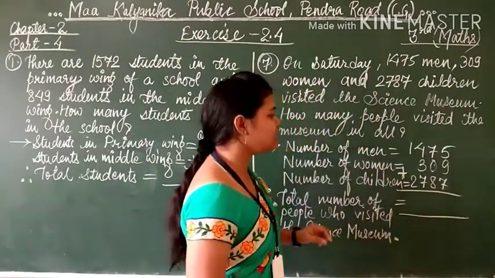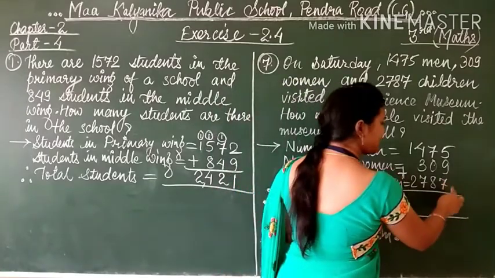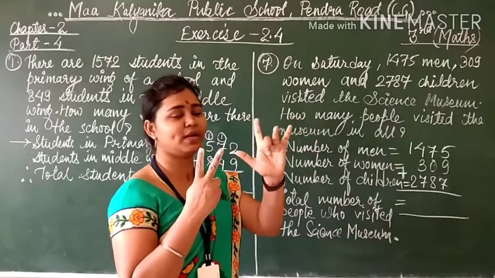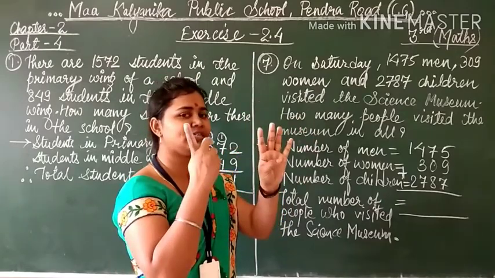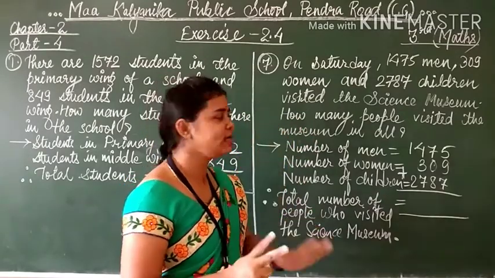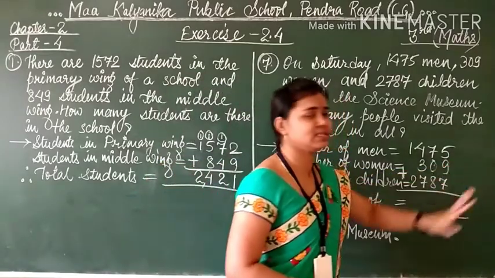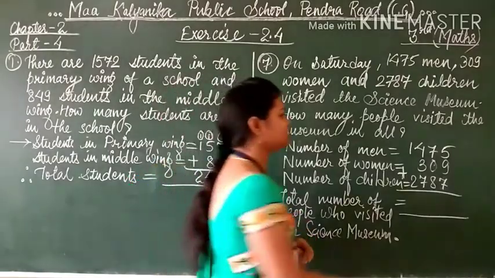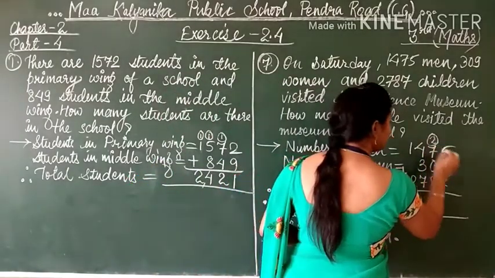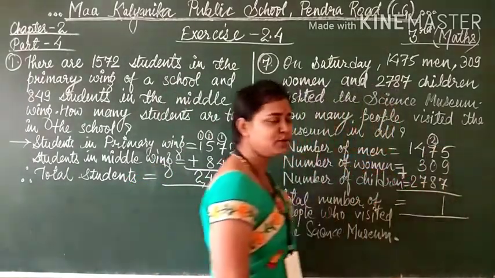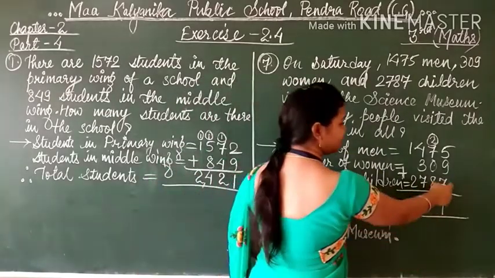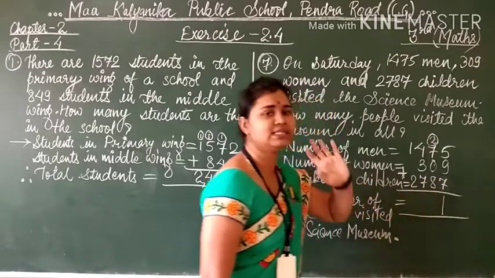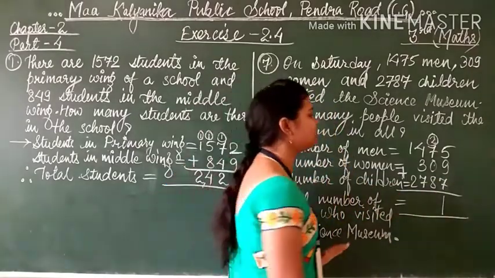Okay, so how to add? See here, 9 plus 7. 9, 10, 11, 12, 13, 14, 15, 16. 16 we got. 16 plus 5: 17, 18, 19, 20, 21. So 2, 1. Clear to you? See students, 9 we can give to it, so this will become 10, 10 plus 6, 16, 16 plus 5, 21.